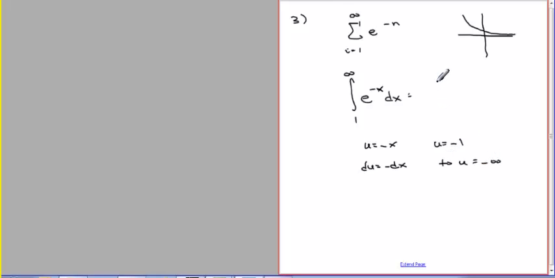One more here while I'm recording this. Okay, we got one more. So I did e to the u, that was what I just did, times negative du. So actually, the integral of e to the u is e to the u. We have the negative sign, so we get negative e to the u, and the limits are between negative 1